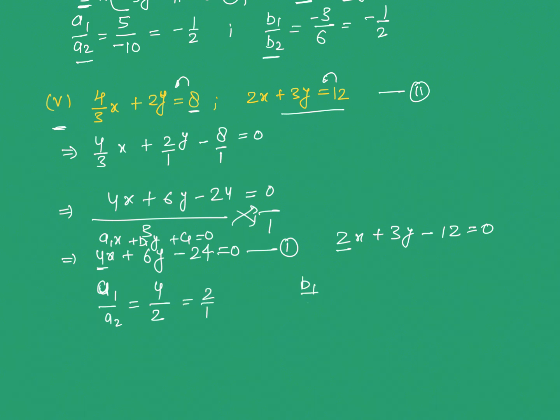And if we say b1 by b2, b1 is 6, b2 is 3. So it will become 2 by 1. And now we can see a1 upon a2 equals b1 upon b2. So these two equations are not going to be consistent. So this is all about your question number 3. Now let's attempt question number